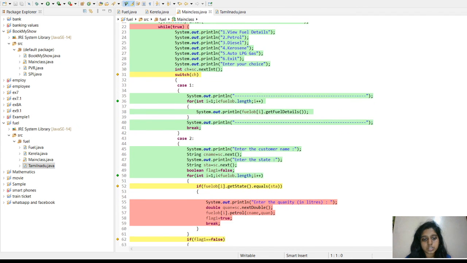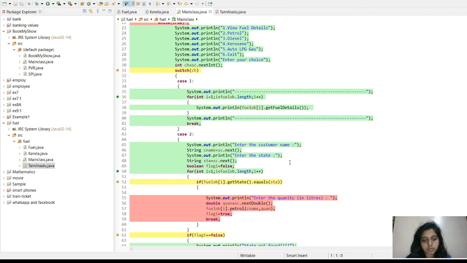If the user chooses 2, which is petrol, it will ask us to enter the customer name, which will be stored, and then it will ask us to enter the state. If we enter the state name correctly, it will check with the for loop each and everything in the state, and check with the if condition, and then ask to enter the quantity of liters you want.